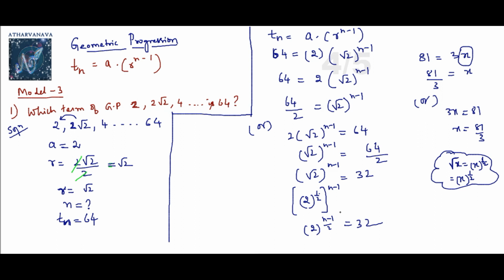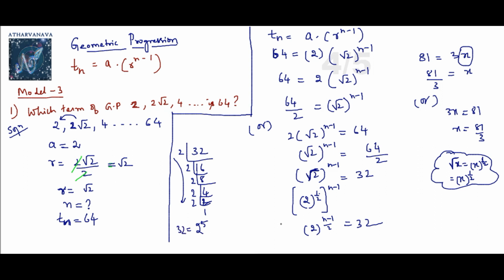This is one way of solving. Otherwise, you need to bring this 32 in terms of power and solve it. Either way, you need to convert the square root part in any condition, because you want the bases to be the same. Take 32 and try to divide with 2, like prime factorization. 2 16s are 32, 2 8s are 16, 2 4s are 8, 2 2s are 4, 2 1s are 2. So overall 32 is 2 power 5.